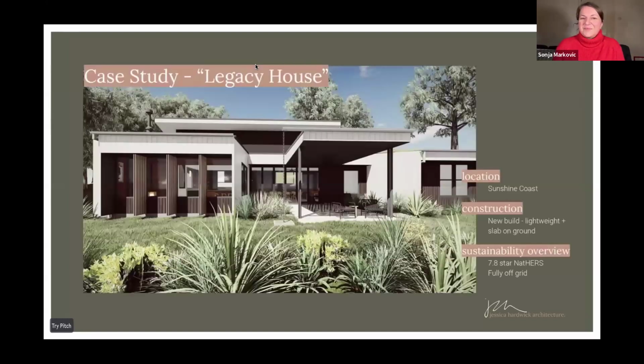So, case study. The legacy house. Yeah, so this is a house we have under construction at the moment at the Sunshine Coast for my family. This is on our rural property near Yamundi. We're on quite a large parcel of land. It's 69 hectares, and it's a really special